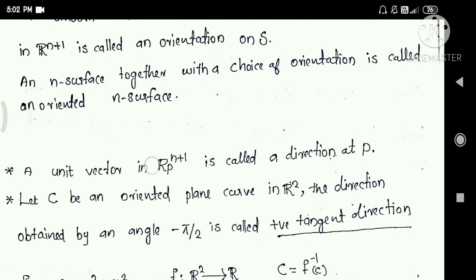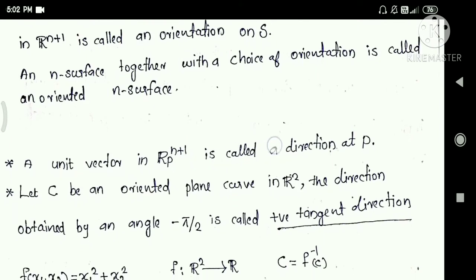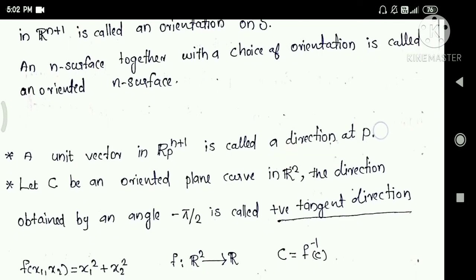A unit vector in R^(n+1) at P is called a direction at P. Now consider an oriented n-surface in R^(n+1). Then by using its orientation, you can define rotation and handedness of vectors in tangent spaces. For that, next we are going to discuss these topics. For that, let